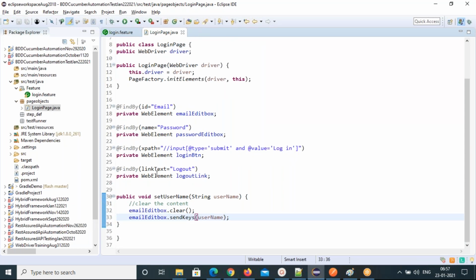In the same way, if you want, you can write a setter method for the password also. Almost similar, right?